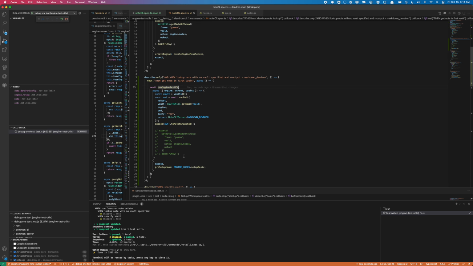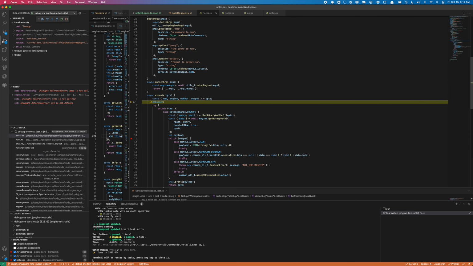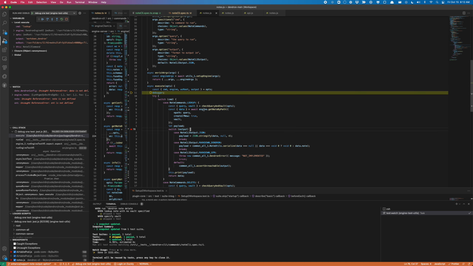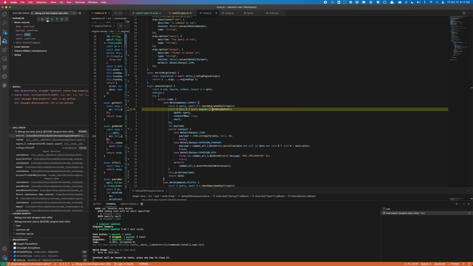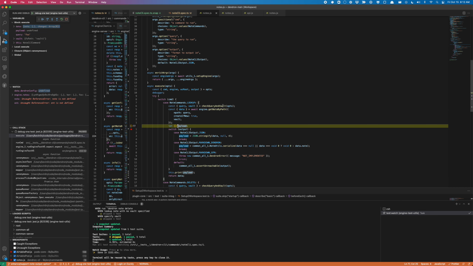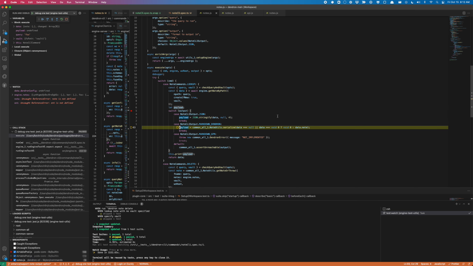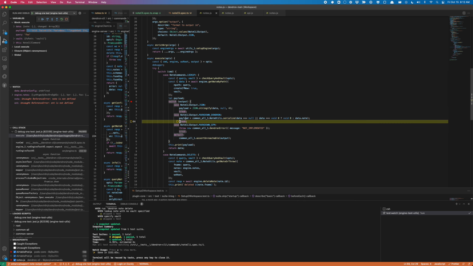And so by getting rid of that line, essentially what I've done is now the CLI, instead of spinning up a server, is actually just going to instantiate an instance of the Dendron engine and connect to it like that. Okay, and so we can see whether the data is undefined or not. In this case, we actually got the node back, and we are able to serialize it